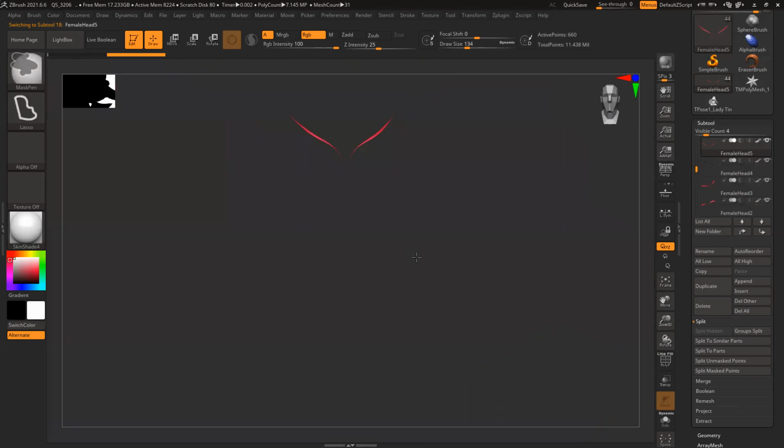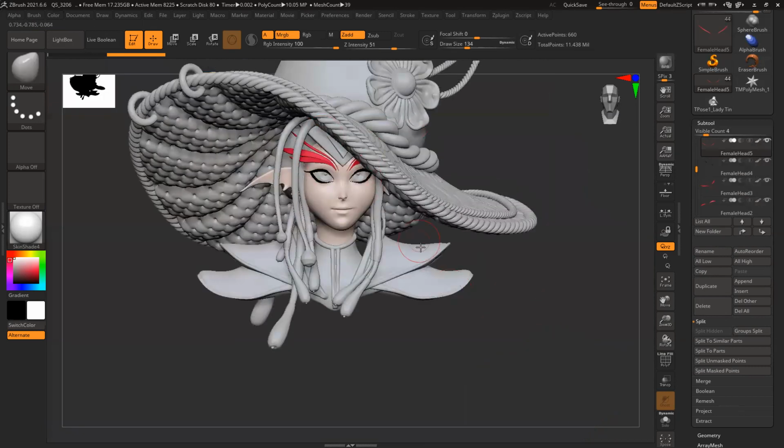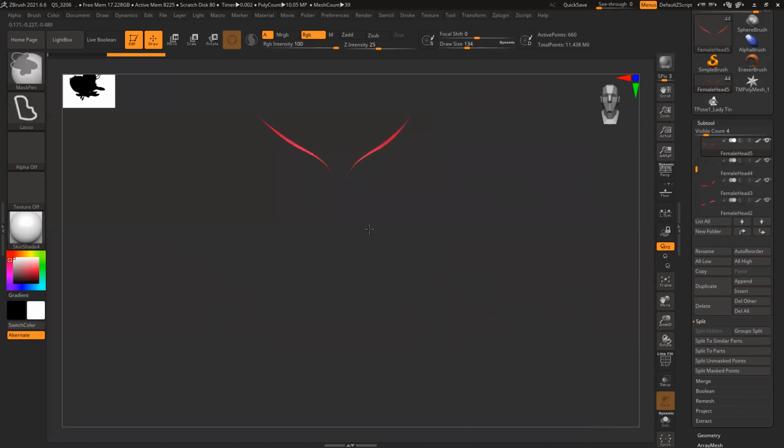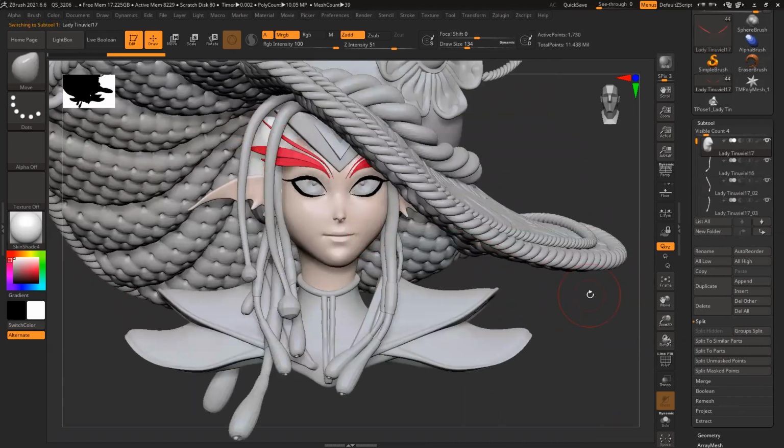Go back to white so I can see everything now. All these colors and everything is visible. And all these here. With cap, let's create the hat. The hat I'll do later. Let's do this thing. Tentacles.